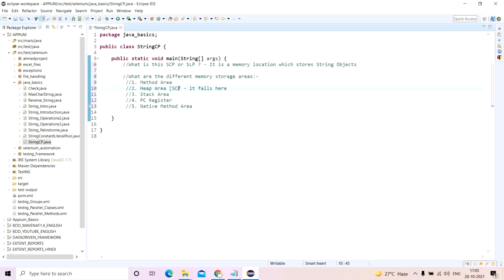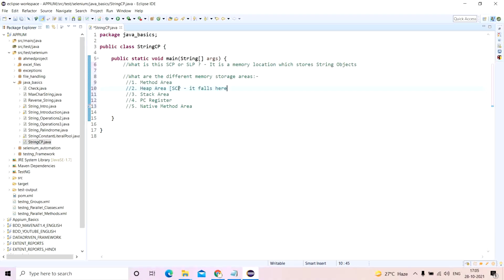And why is SCP given such a significant place in the memory? Because the most important aspect of it is that it is used to manipulate the size.